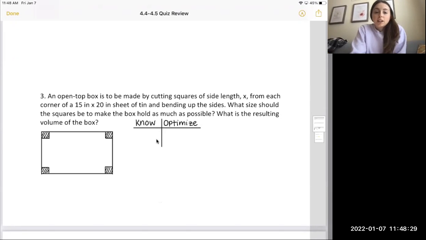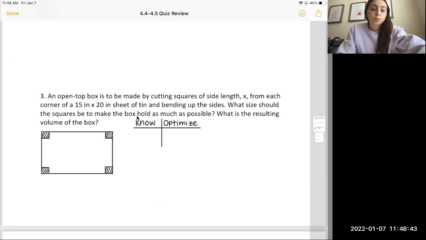Hi, everyone. So I'm going to be doing 3 different problems from the review. I'm going to do one optimization problem, one linearization problem, and then one Newton's method problem. So I'm going to start by doing number 3